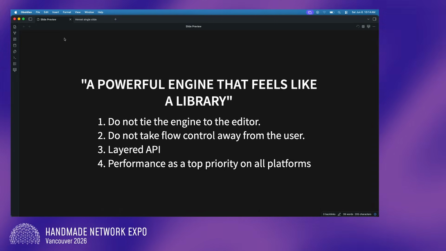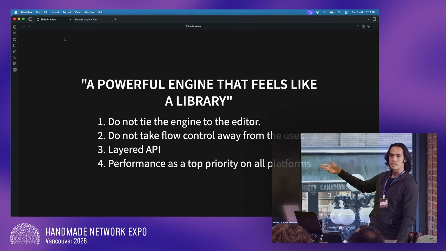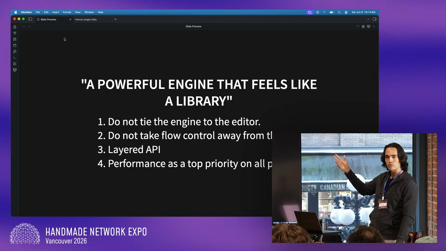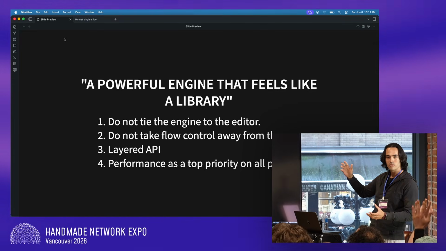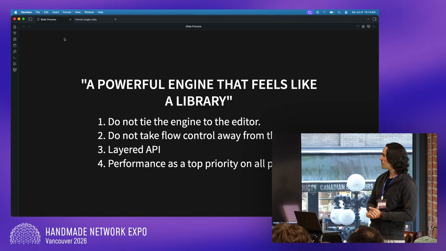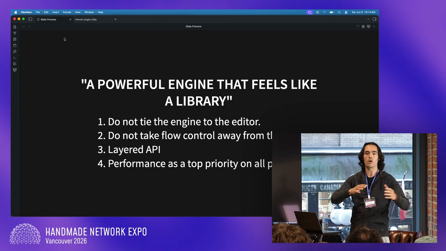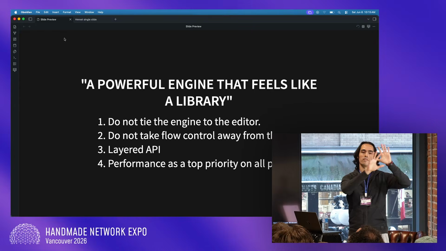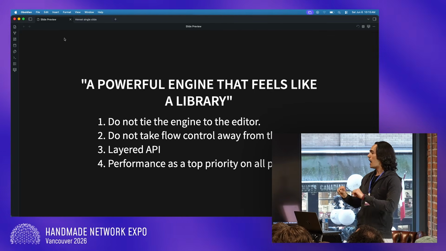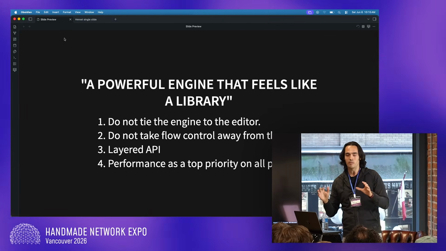Do not take flow control away from the user. Maybe this will make sense for someone here who made a game before, like in Unity or Unreal. Okay, around half. Usually on these engines you have either a base class that you inherit from, and for updating the game you have an update function, a start function, and it looks pretty nice on paper.